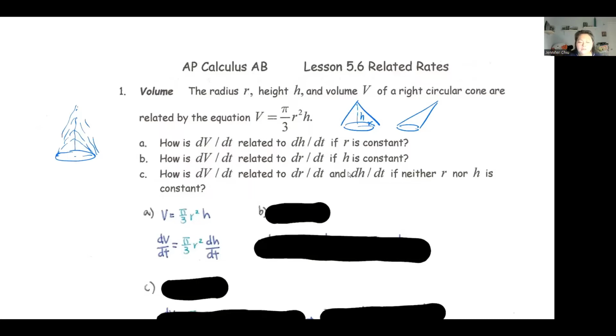This is a warm-up problem in a way. It's trying to show you how to set up the equations, but typically we actually give you values for the change in volume, or the change in the height, or the radius, so you can solve for the missing component. Okay. All right, part B says, how is the volume change related to the change in the radius